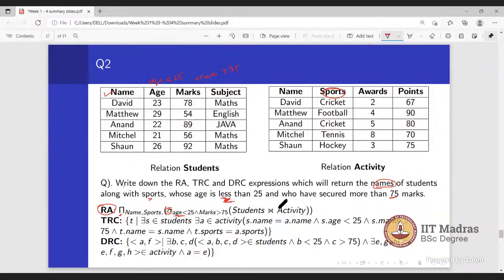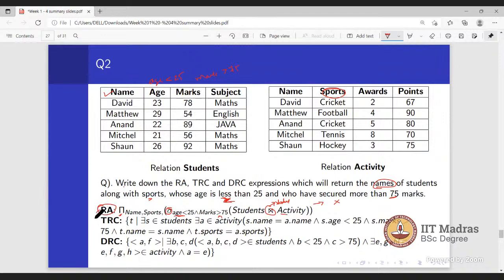And here we are joining the two tables, student natural join activity. This symbol represents natural join. Or either way, instead of natural join we can simply use the cross product, like student cross activity, but here we have to specify one condition, that is student.name equals activity.name. So it will join the tables based on this condition. So this is also correct.